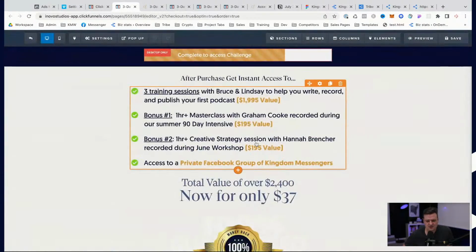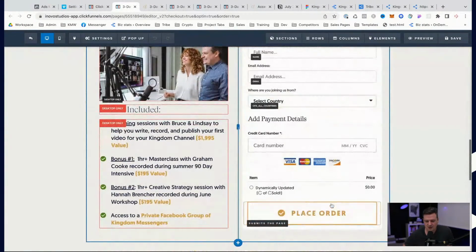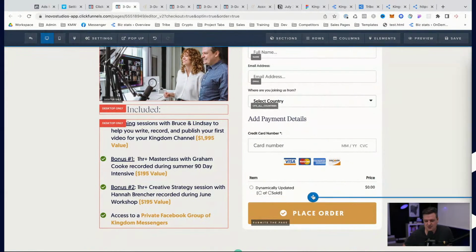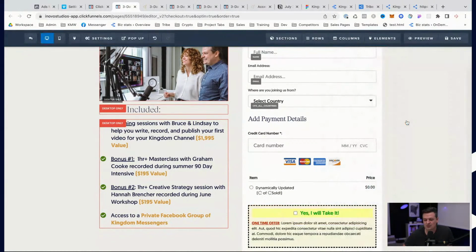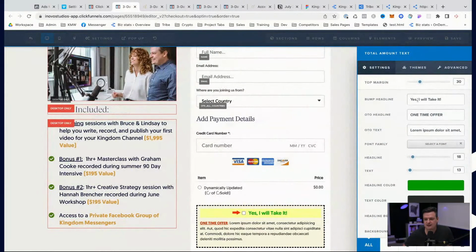Once you figure out where all this stuff is, it's not super hard. Here's an order bump, see? And then we just leave that right there and say, I want lifetime recording. It's not a one-time offer. We'll just say like,